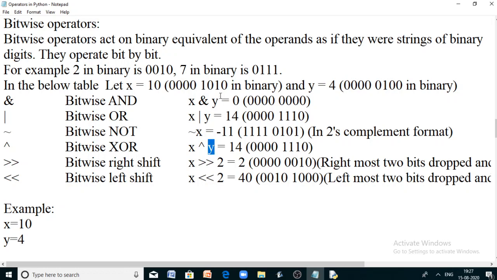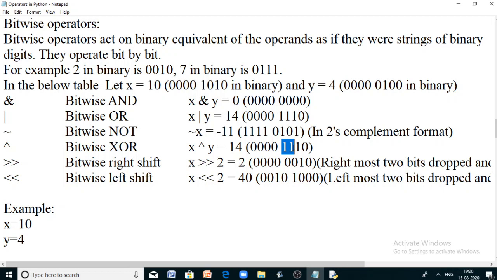For example, this is 0 and this is 0, both are the same, so it will return 0. Here the second bit is 1 and here the second bit is 0, both are different, so the result will be 1. Like that, 0 and 1 gives 1 again. The fourth bit is 1 here and 0 here, both are different, so the result is 1. So bitwise XOR operates like the AND and OR operators, and it gives the result 1 if both the bits are different.